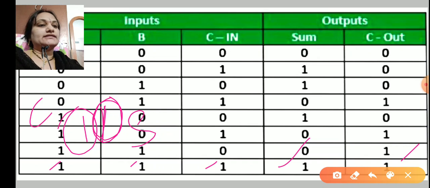Like this you have to fill up this truth table. Many students are by-hearting these conditions. No, you need not by-heart these conditions. You just do the problem. You just remember 0 plus 0 is 0, 0 plus 1 is 1, 1 plus 1 is 1 0, and 1 plus 1 plus 1 is equal to 1 1. You keep these rules in your mind, and according to these rules you have to fill up the sum and carry bits.